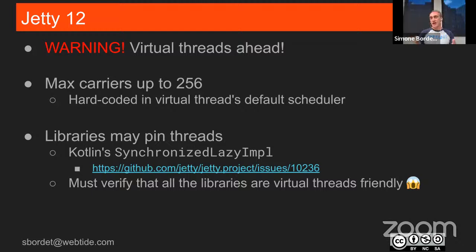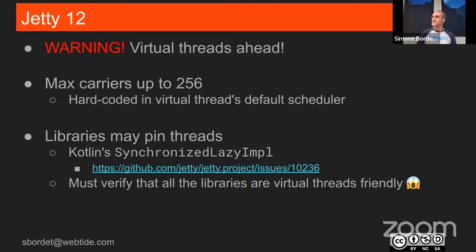And it just so happened that for that particular application, they were pinning all of them. And then eventually the whole system locked up. And they filed the bug to us and said, hey, Jetty doesn't work. And I said, wait a second. It's not really Jetty. This is a bad interaction with many things at play, right? There's virtual threads, there's Kotlin with their library, and then there's Jetty also, but there's multiple things.